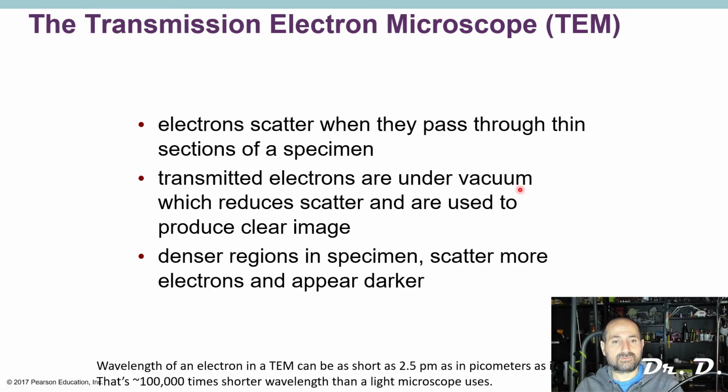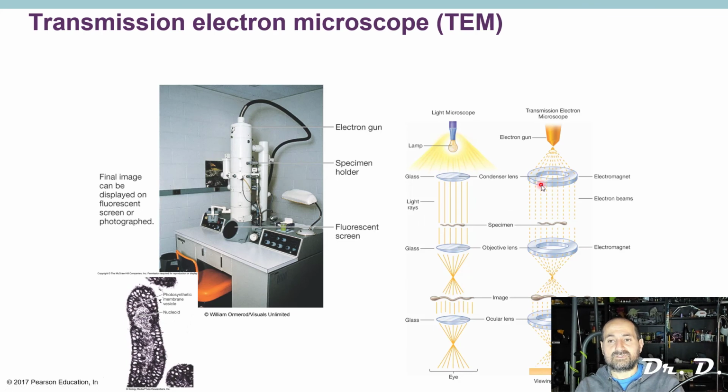Electrons can't travel through air. Air will actually absorb the electrons. And also, we're not using glass lenses, are we, with electron microscopy? We're using magnetic lenses, electromagnets. So remember, you've got an electron gun. The electrons are shot through to the viewing screen through the specimen, and it's the electromagnets that focus the electron beam on the specimen. And again, this is the vacuum chamber,